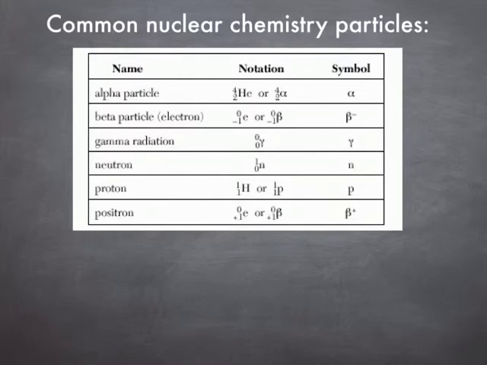Beta particle, which is an electron. Now, an electron has a mass of 0, as we've discussed. It has an atomic number of -1, which is a bit different than maybe what we've talked about before, so get used to that. Now, gamma radiation has no mass or atomic number. It's simply radiation. It's electromagnetic radiation. It's energy. So it doesn't have mass or